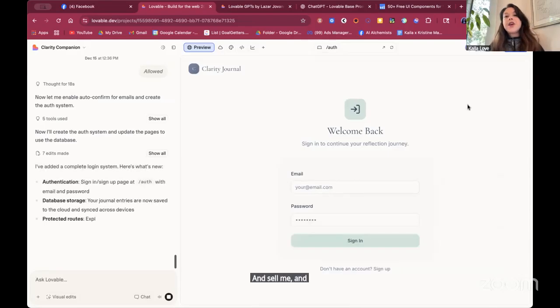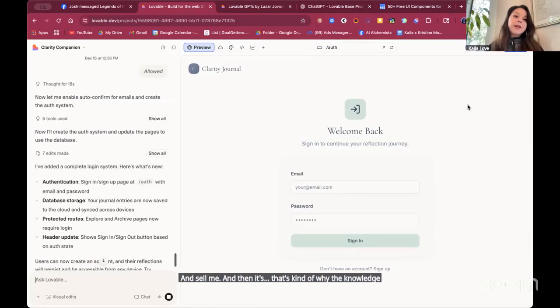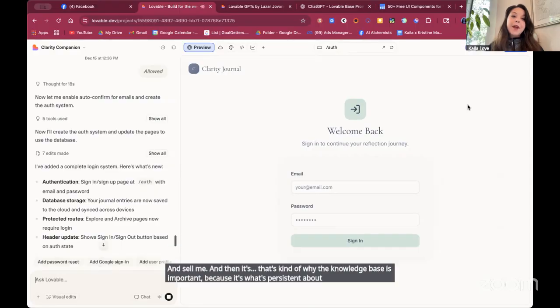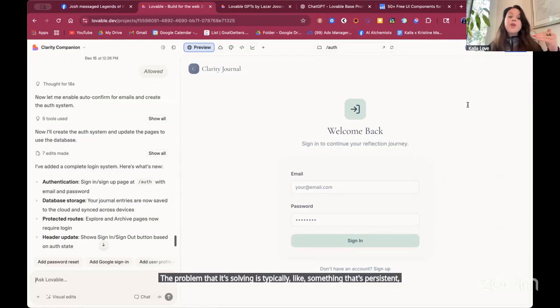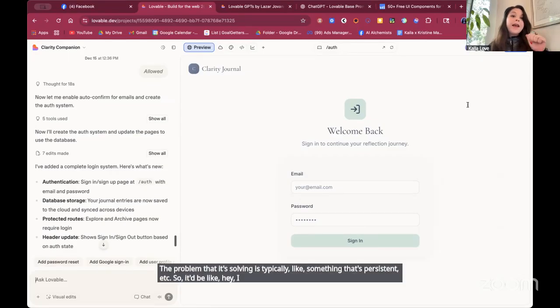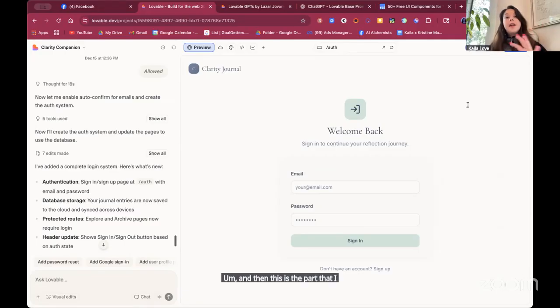And then that's kind of why the knowledge base is important, because it's what's persistent about your app. What is the thing, who's it for, is not going to change typically unless you make an intentional change. The problem that it's solving is typically something that's persistent, etc. So it'd be like, hey, I'm creating a login app for a basketball coach to teach, and what does it include? And then this is the part that I see a lot of people getting caught up on